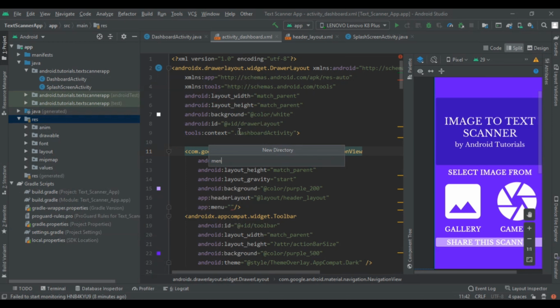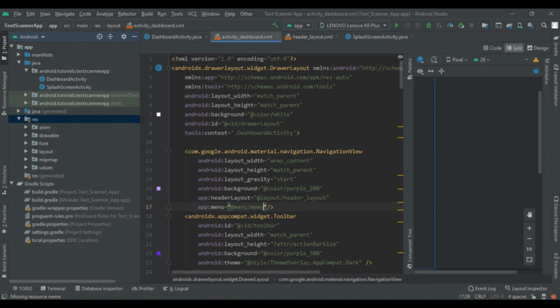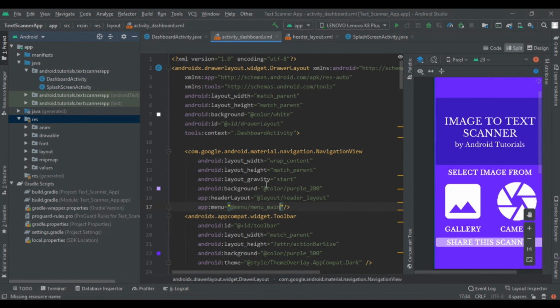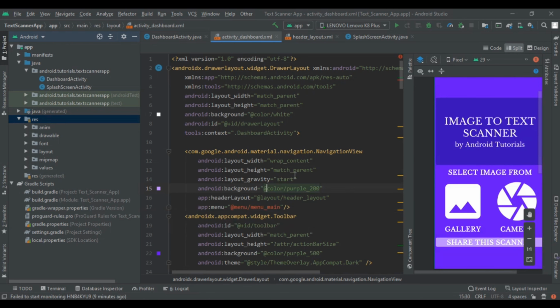You can implement it like this also, just write here @menu/menu_main, and then it will generate an error. So we are going to implement that menu resource file.